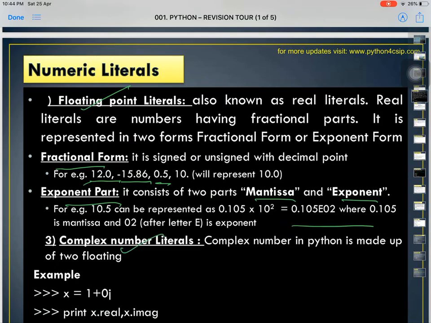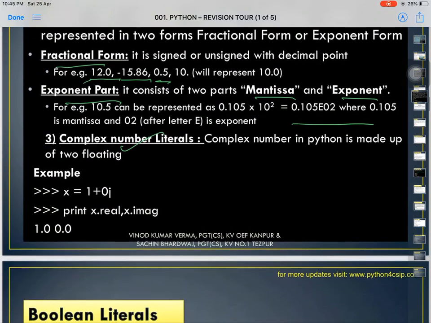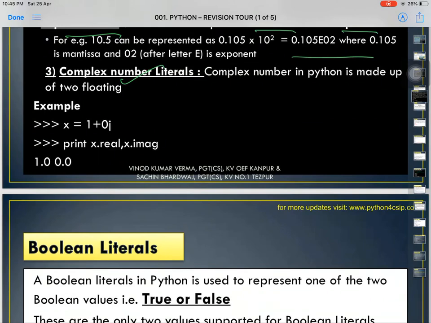Then complex number literal, complex number system. This is an integer part plus we have imaginary part. So, this is real part and this is imaginary part. So, this is how we write it, 1 plus iota, it is called iota. You must be knowing this also.